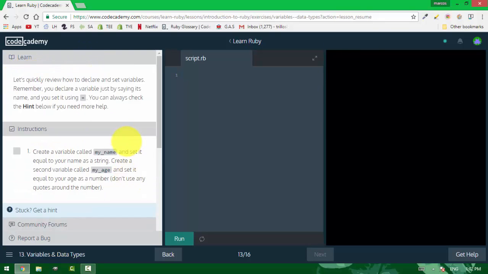Okay, we're reviewing a little bit. Create a variable called my_name and set it equal to your name as a string. Create a second variable called my_age and set it equal to your age as a number.